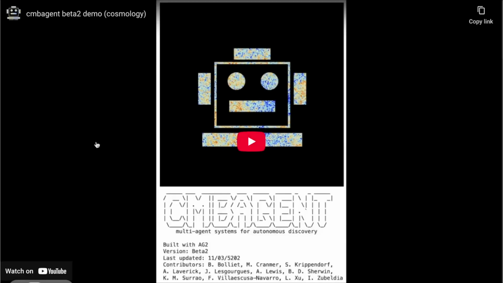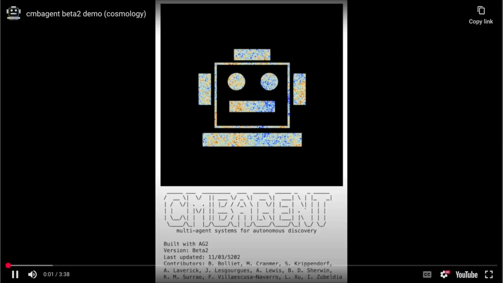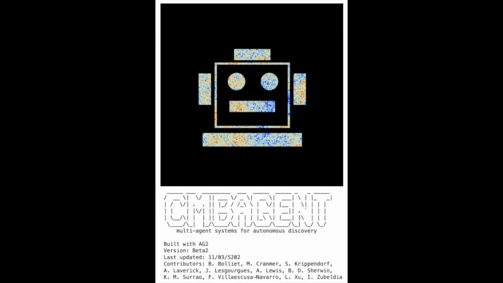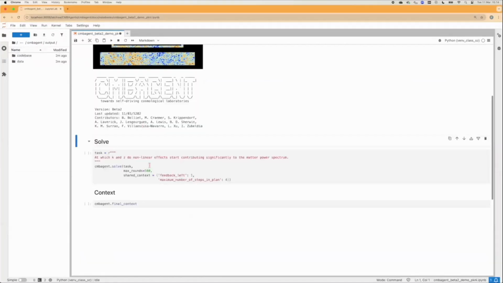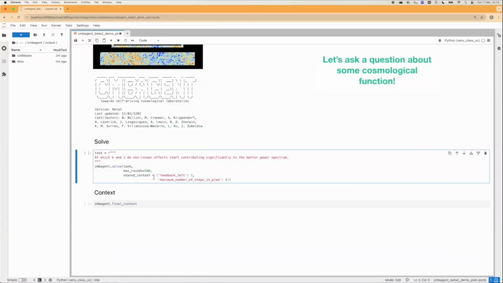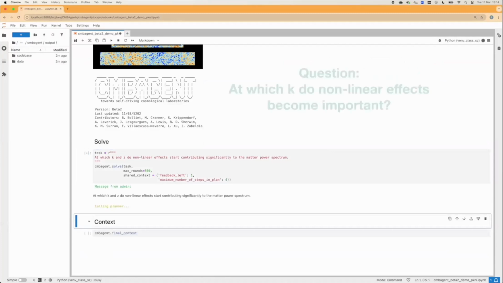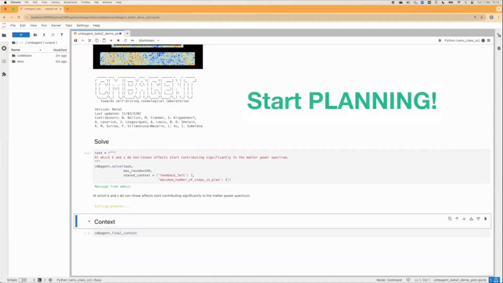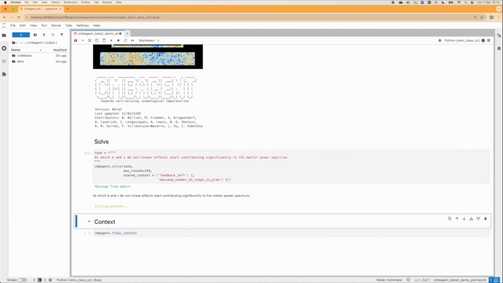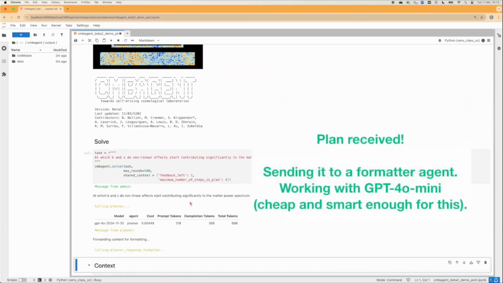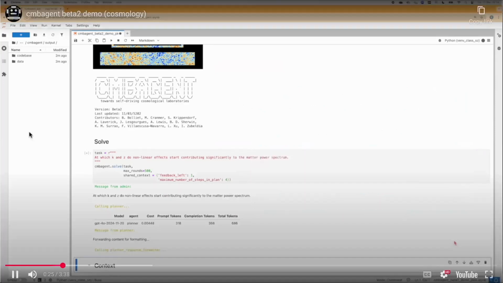It was not trivial, because initially they built something that required a human in the loop, and later they made a lot of improvements and used the latest features from AG2. They were able to get the human out of the loop, so it is fully automated. And here's a demo showing how it works in a Jupyter Notebook environment. When you use this system, we can ask a question that's highly domain specific, and it's really hard. After that, multiple agents will start working together to solve the task.